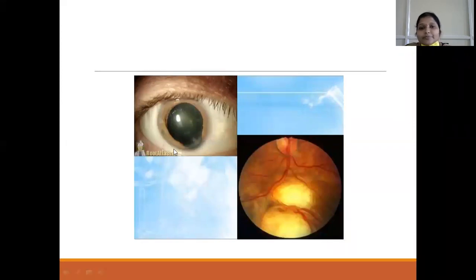So this is a typical coloboma of the iris. Here you can see a defect in the inferonasal quadrant of the iris. And this picture is choroidal coloboma. Here you can see an oval whitish lesion present inferior to the optic nerve head. So this is the optic nerve head. As I already mentioned, typical means it is present in the inferonasal quadrant. So this is an example of typical choroidal coloboma present in the inferior nasal part of the choroid. You can see here two colobomas are present adjacent to each other.